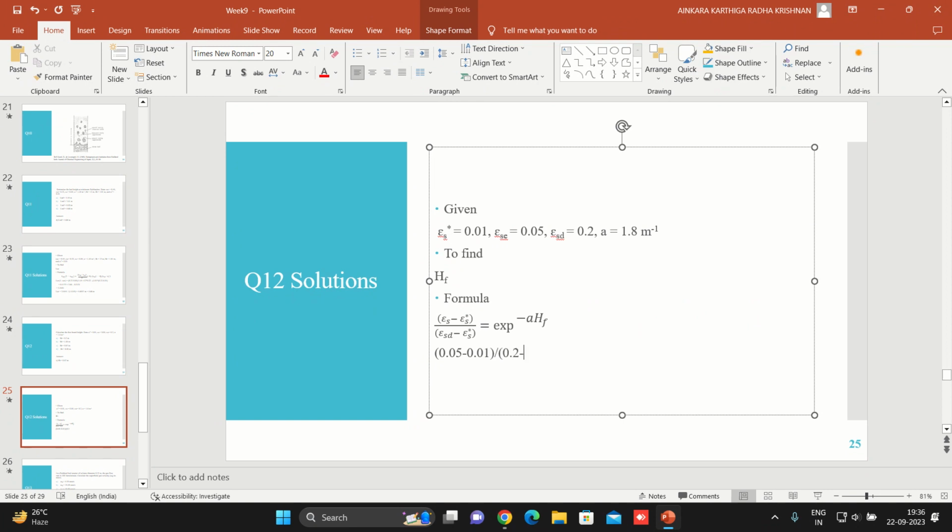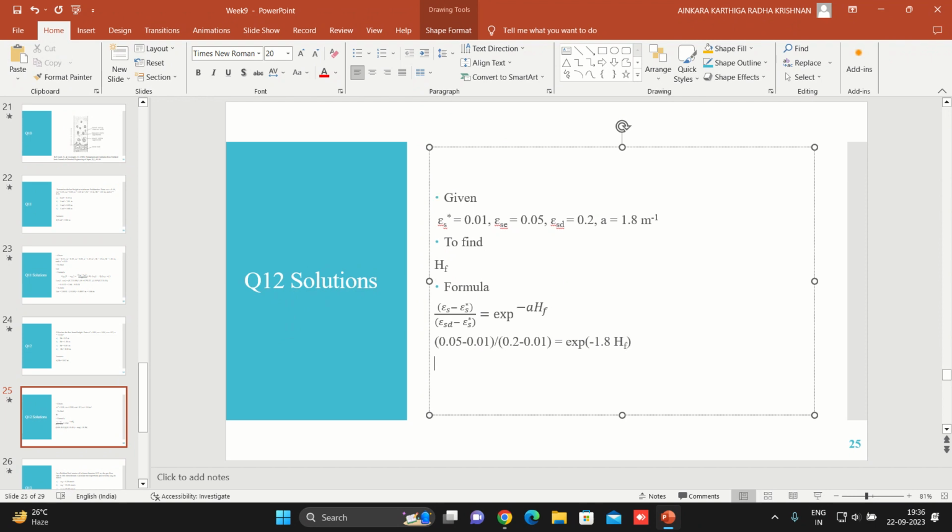So it is equal to exponential of minus 1.8 into h. On substituting this, we'll get the answer as hf is equal to